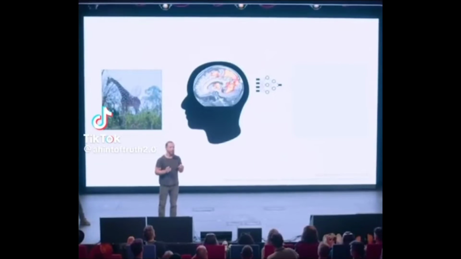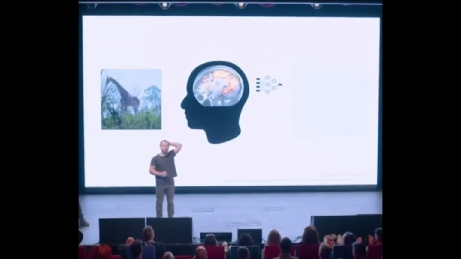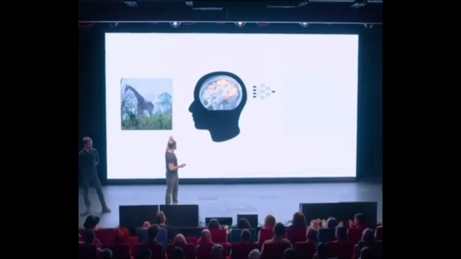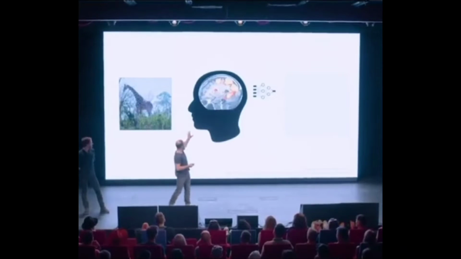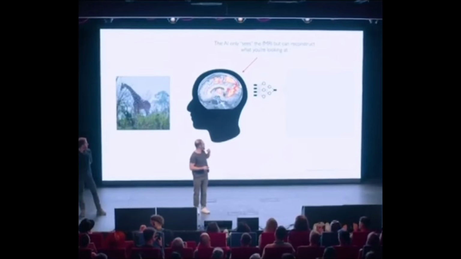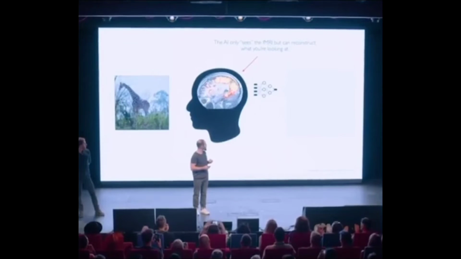How about this? Can we go from the patterns of your brain when you're looking at an image to reconstructing the image? So the way this worked was they put human beings inside an fMRI machine. They had them look at images and figure out what the patterns are, like translate from image to brain patterns. And then, of course, they would hide the image. So this is an image of a giraffe that the computer has never seen. It's only looking at the fMRI data, and this is what the computer thinks the human is seeing.